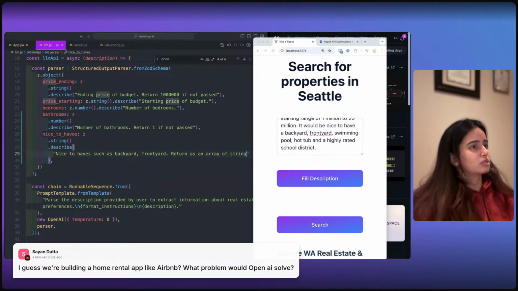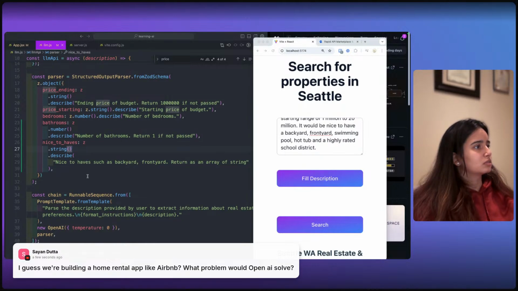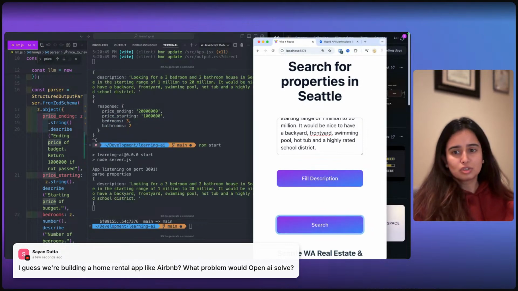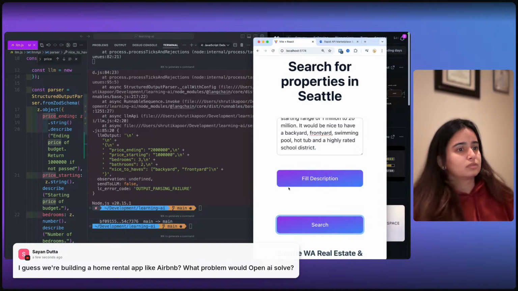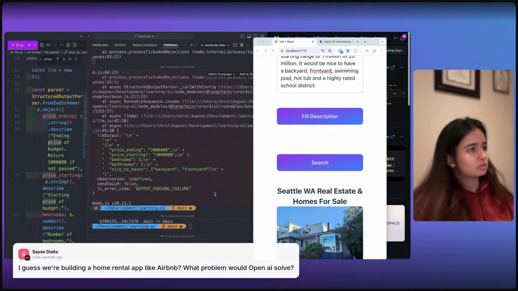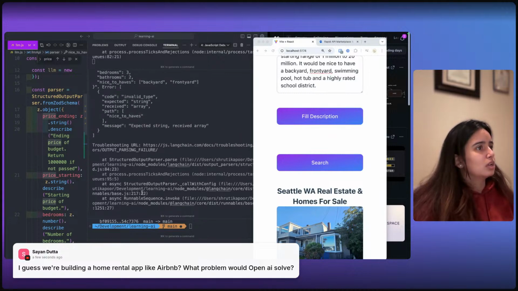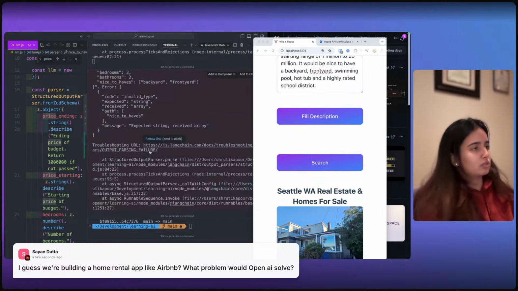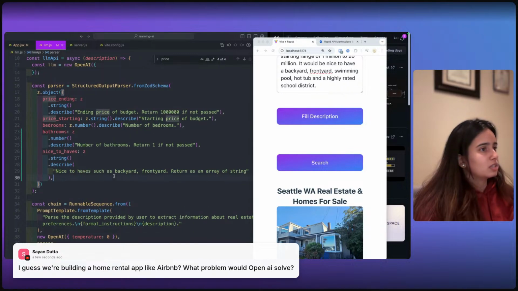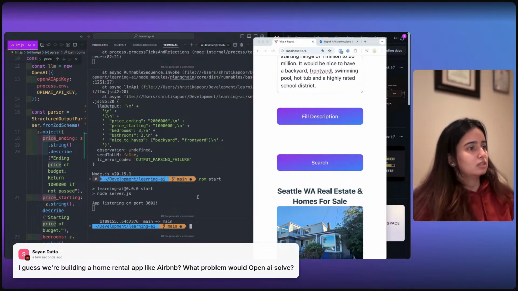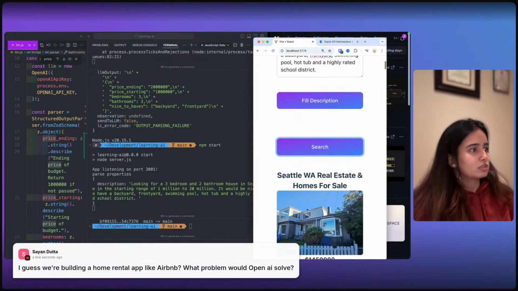Array of string. Okay, search. Oh, some problem. What is the problem? Expected string received array. All right, let's do this. Nice to have. So instead of this, let's do array, and then run this again. Now if I search,